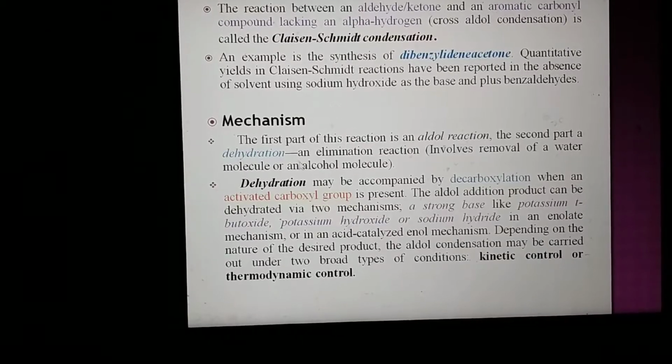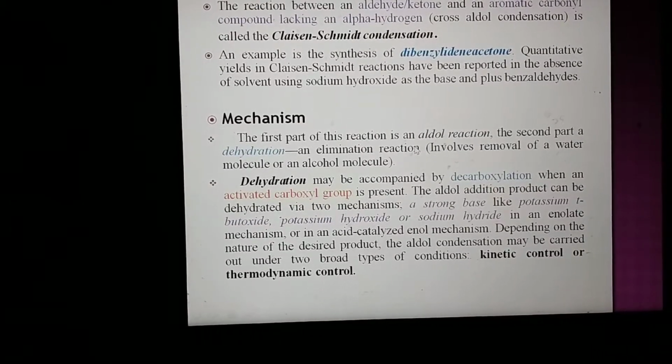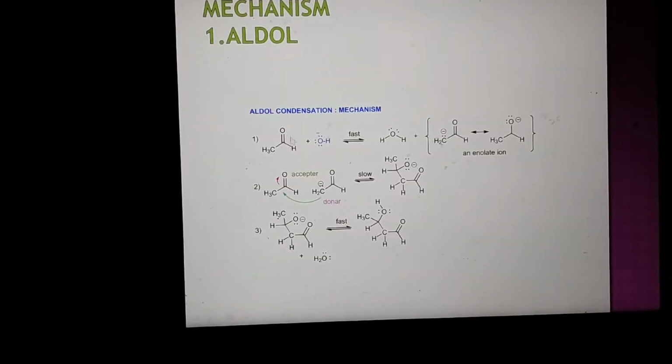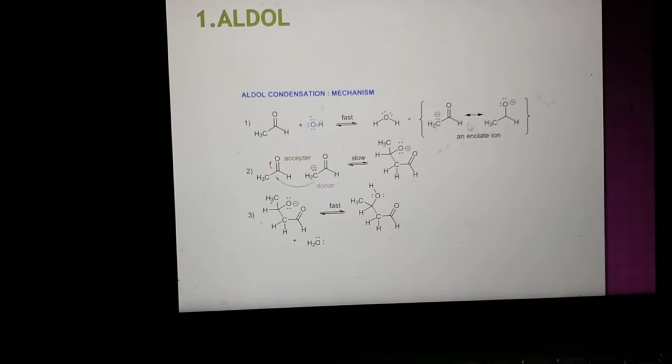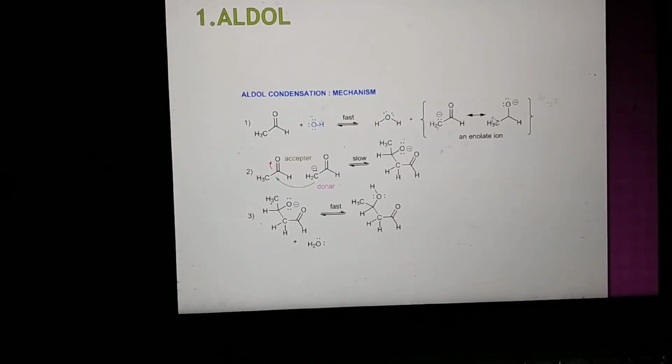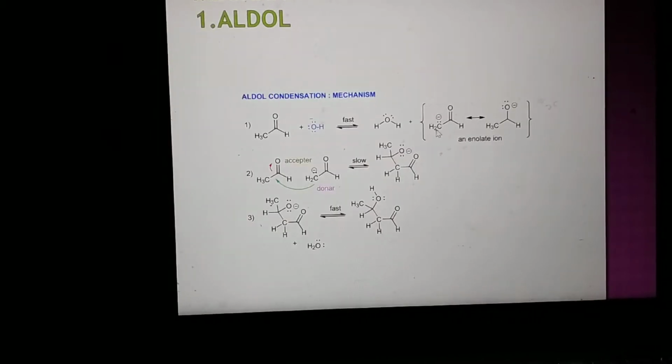And if you see the mechanism here, I have also drawn the mechanism regarding this reaction. First of all, OH minus abstracts hydrogen from this, so it is converted to CH2 minus, which acts as a nucleophile here. In solution, two species are formed and interconverted, so the next step will be slow. Because interconversion takes place, the rate of reaction decreases as it is converted back to CH3. There is a need of CH2 minus, the nucleophile, so this step is slow.